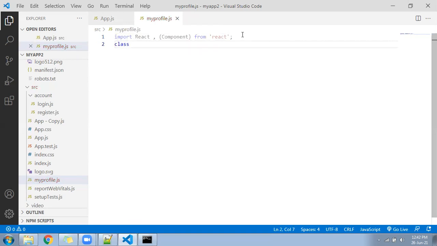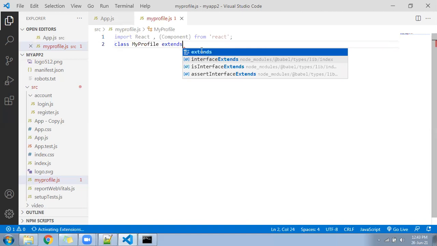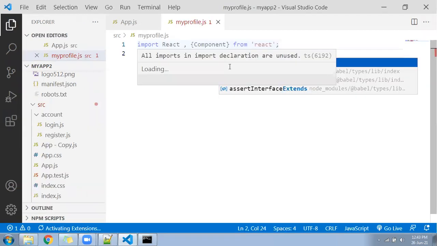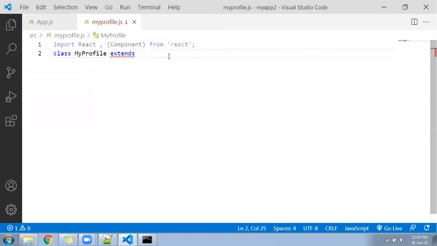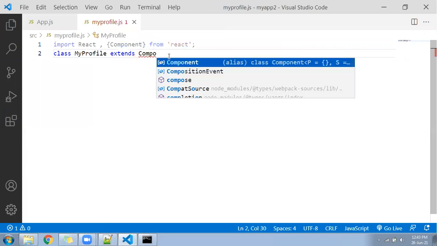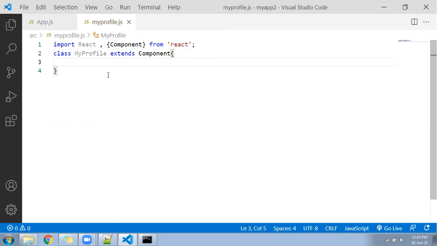I'll give the class name MyProfile, extends Component class. Now I'll come inside my component class. First, I'll do export default MyProfile.